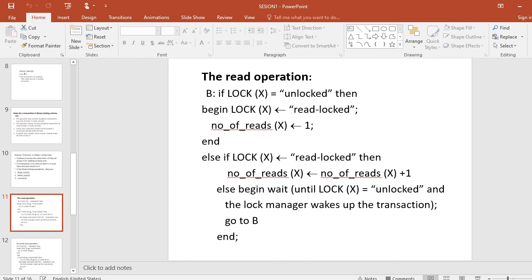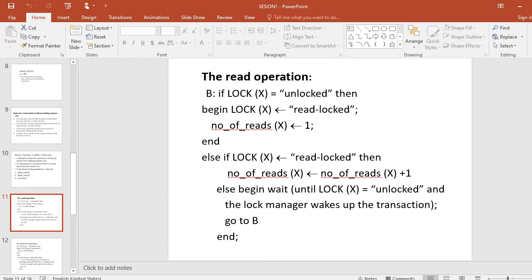A lock associated with an item X, denoted as lock of X, can have three possible states: read locked, write locked, and unlocked.